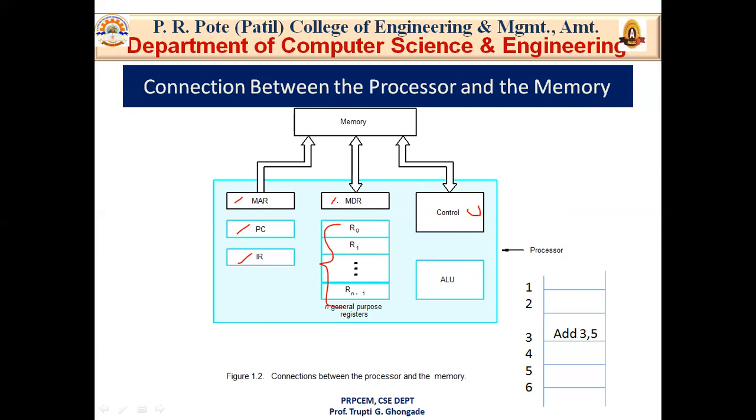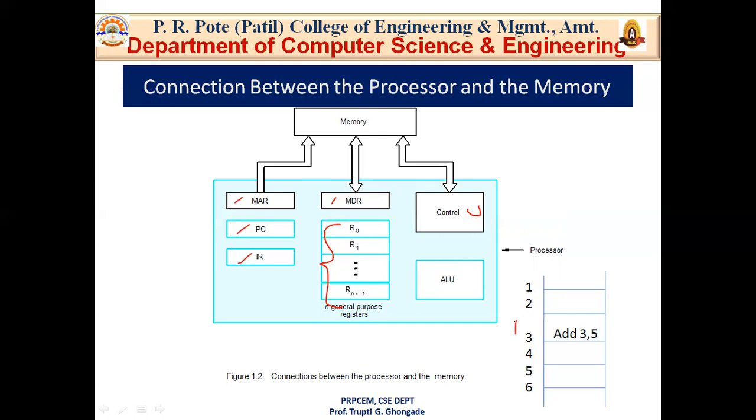This diagram also shows some essential operational details of the processor. In addition to the arithmetic and logic unit and the control unit, the processor contains a number of registers used for several different purposes. That's why they are called general purpose registers. And there are also special purpose registers, like the instruction register. What is the instruction register? The instruction register holds the instruction that is currently being executed. For example, this is add 3 plus 5. This instruction is currently being executed and is held by the instruction register.